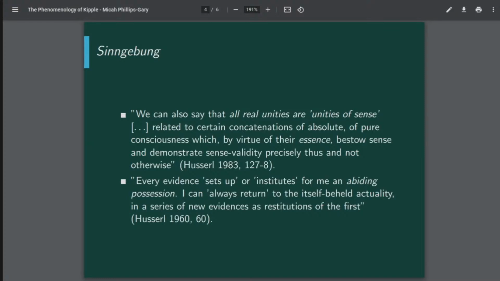That is, the disruption by Kipple of the totality of the environment disrupts the passive sustenance of the object as meaningfully constituted, and then requires an active intervention in order to restore the previous meaning that it had. And so I also want to connect this a little bit to something that Heidegger says in the context of history,